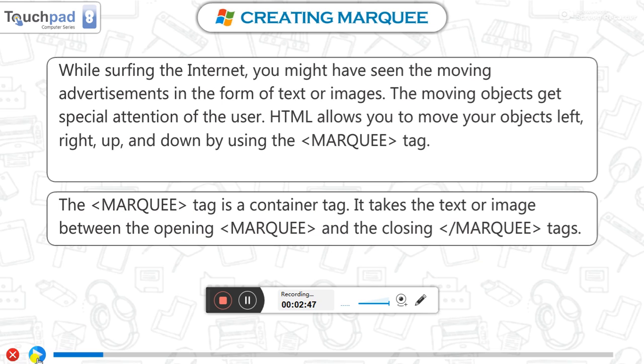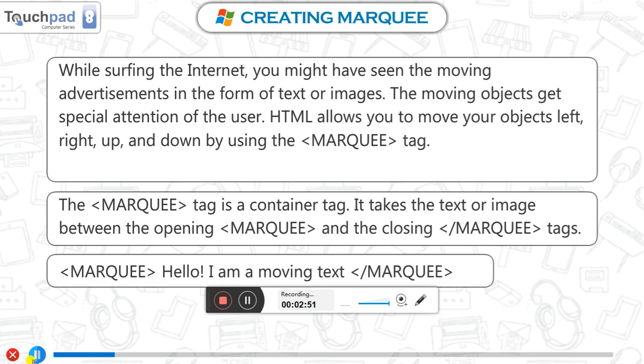Whatever you write between them, like this example, marquee hello I am moving text, marquee close, these words will start moving on your screen.